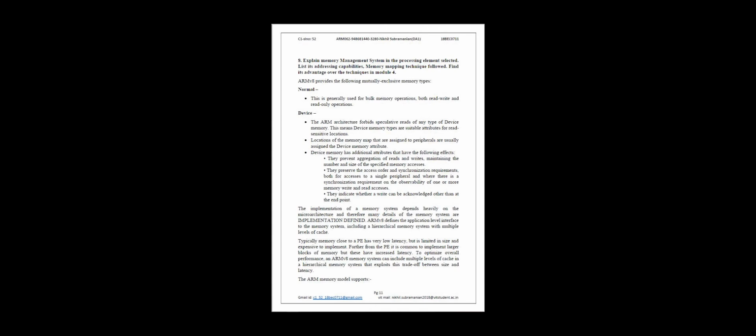The implementation of memory depends heavily on the microarchitecture, and therefore many details of memory states are implementation defined. ARMv8 defines the application level interface to the memory system, which includes a hierarchical memory system with multiple levels of cache. The ARM memory model supports generating an exception on an unaligned memory access, restricting access by the application to specified data in memory, translating virtual addresses provided by